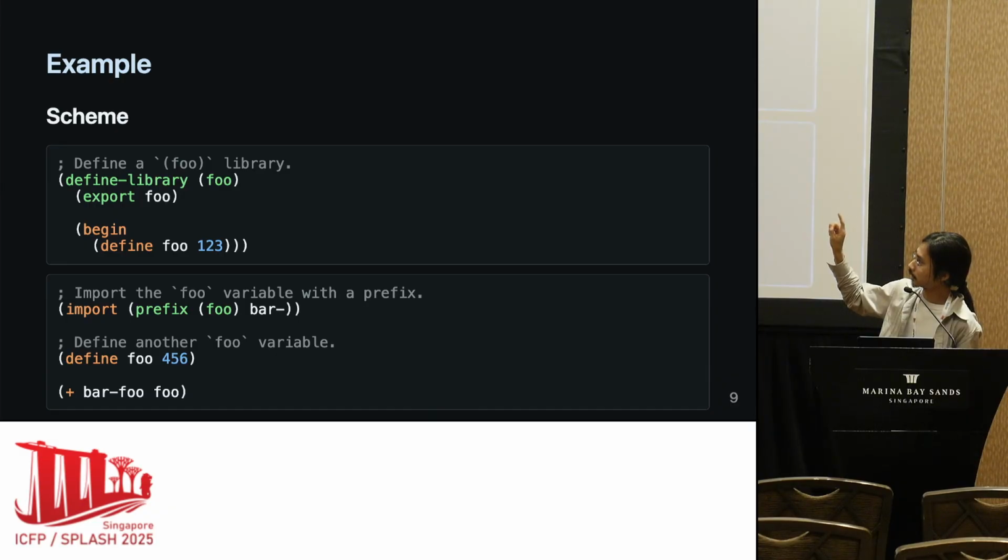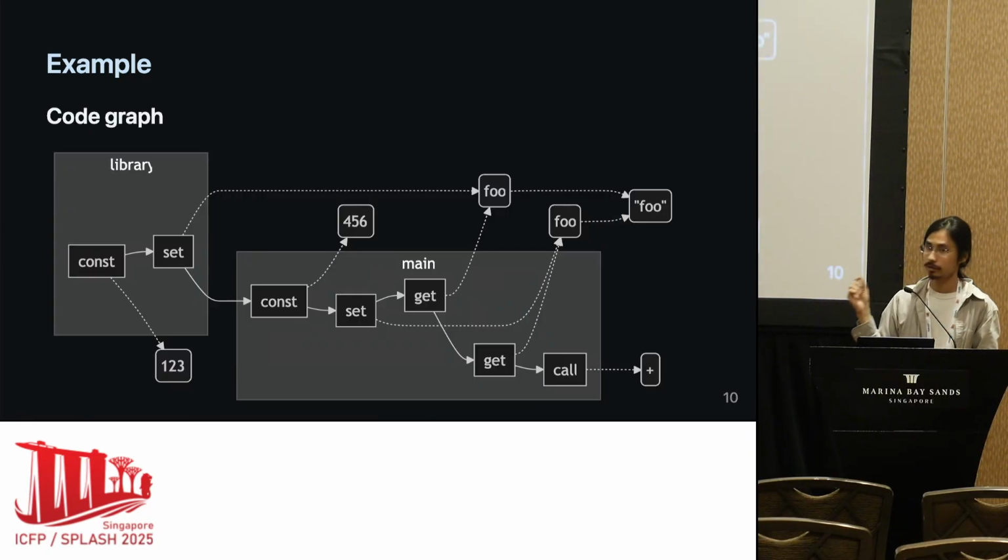In the library, we define a symbol called foo, and then in the main program, we import it with some prefix, and then we define another foo symbol and use it in the final expression. And when you compile this into a code graph, it would